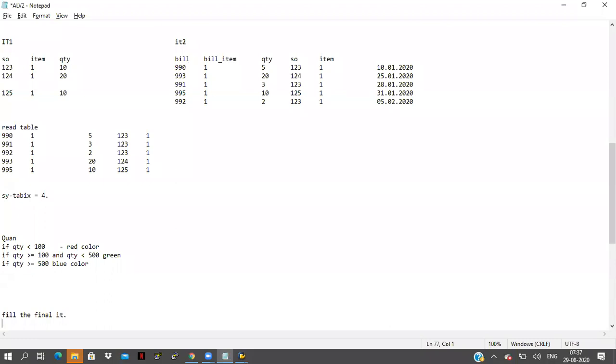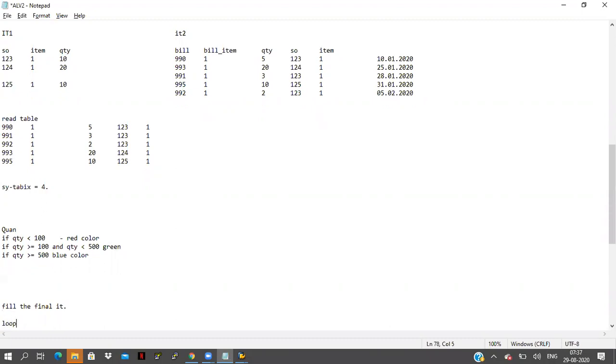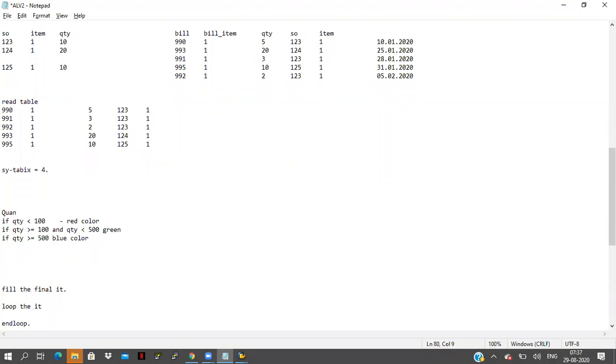And after that, loop the internal table, and before that, add one custom field to the final internal table with character 4 data type and length.